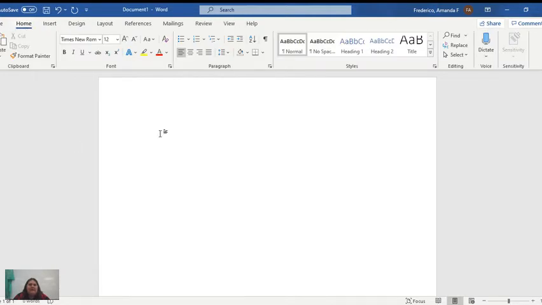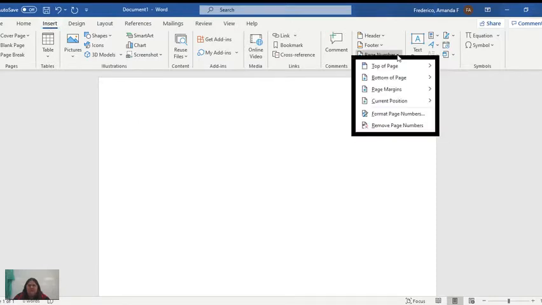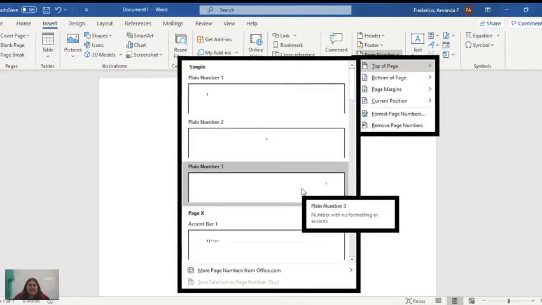All right, the next thing we're going to do is insert our page number. I'm going to say Insert, then Page Numbers over here in the Header and Footer section, at the top of the page. And then we want to choose the plain number 3 option so that it is in the upper right-hand corner